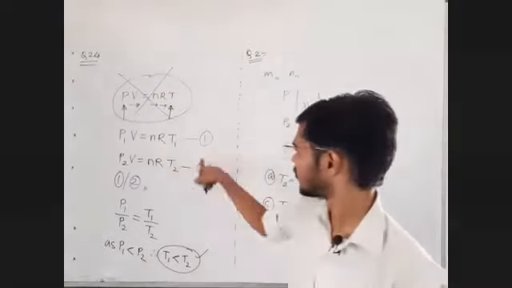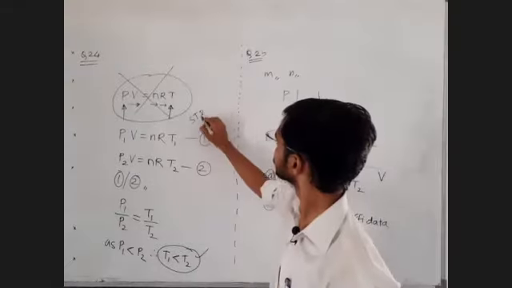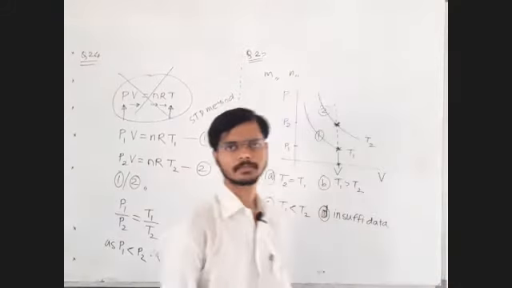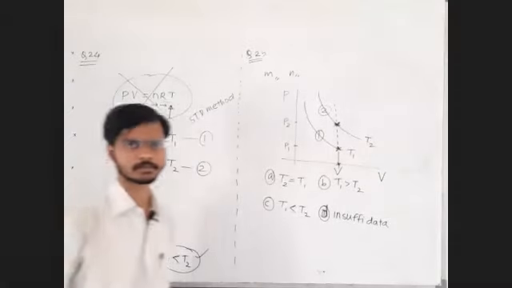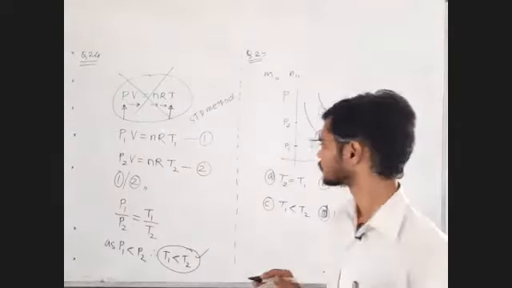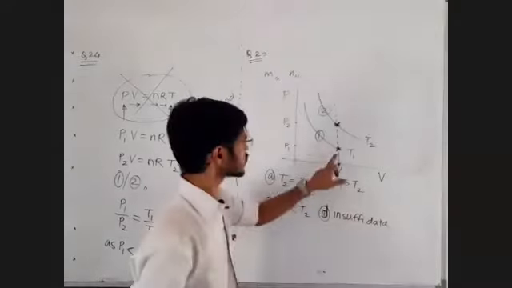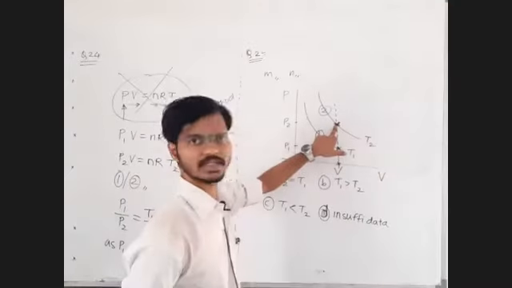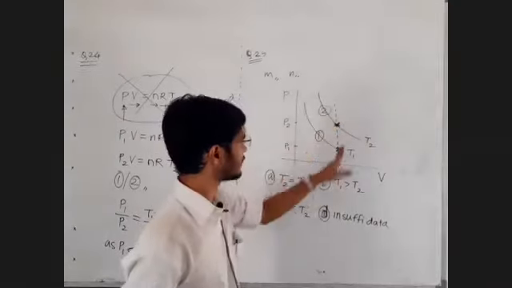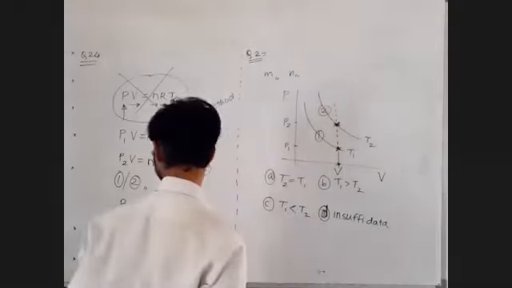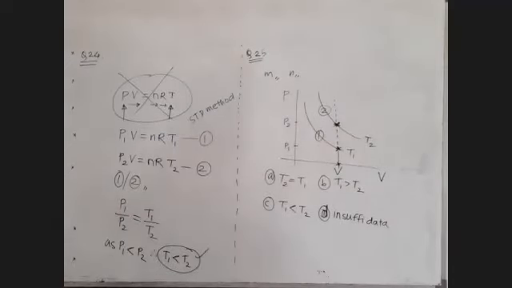Tell me, standard method. Clear? We will write the ideal gas equation at two points. The first point will be on the first curve, the second point on the second curve. We draw the vertical line which keeps the volume constant at both points, and we do the comparison of pressures. If you do not understand the other way, go with this method. This method gives more insight into the solution.